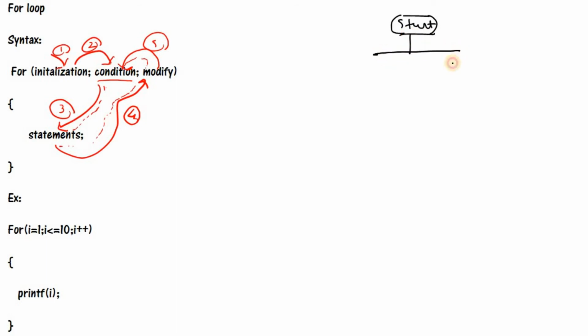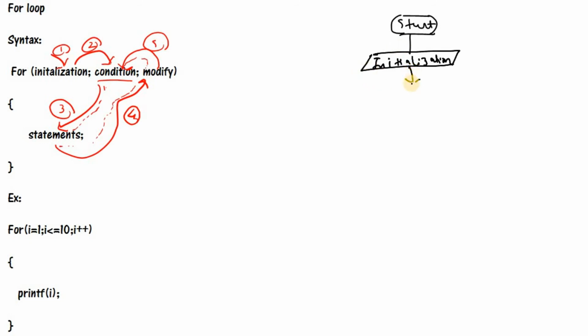Initialization is a statement, not a condition. A statement we need to present with a parallelogram.